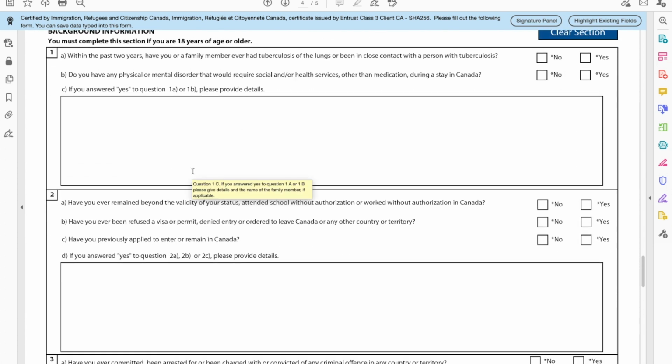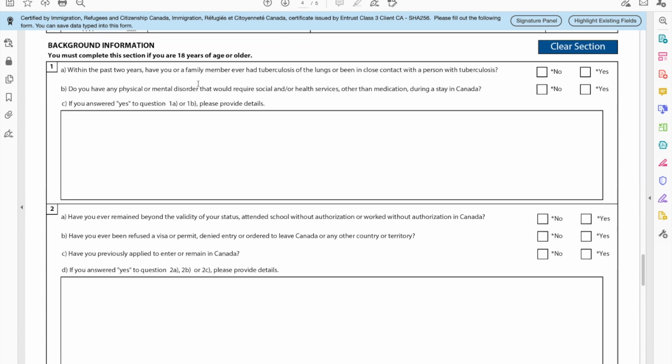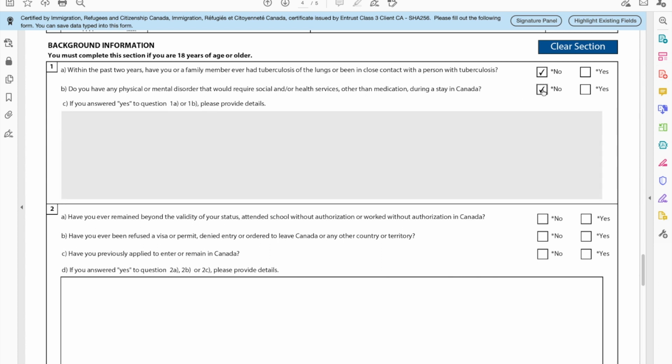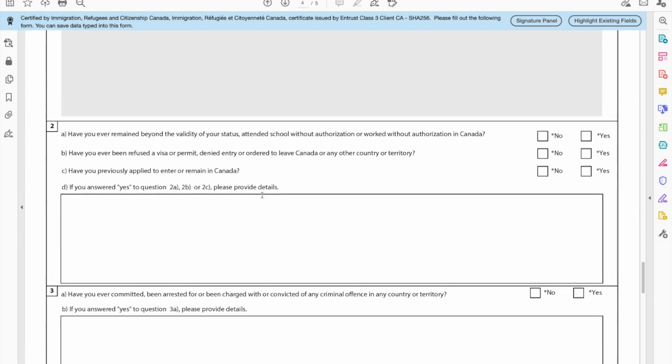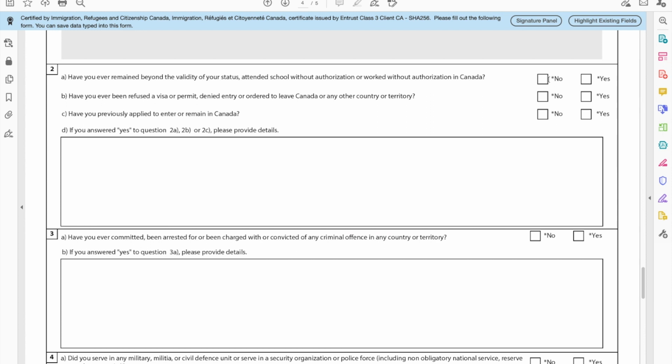Okay, last set of questions. We just have to tick the boxes. For the first one, if may history kayo ng tuberculosis, yes or no. Mental health, mental disorder, yes or no. So next question, just be honest here if nakapag-stay ba kayo ng longer than expected, or if na-denied kayo before,